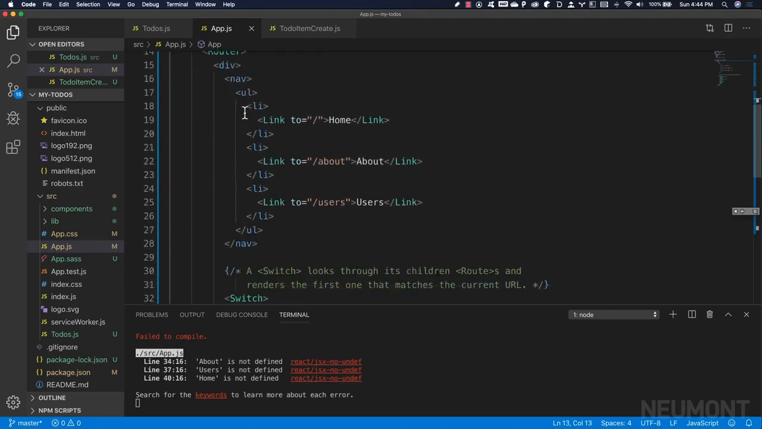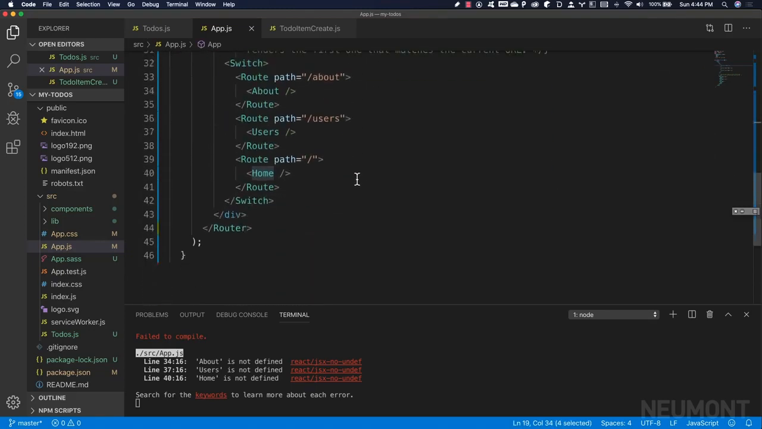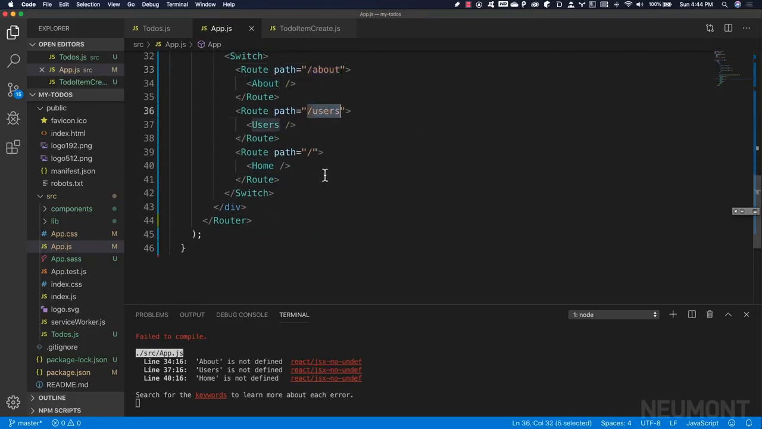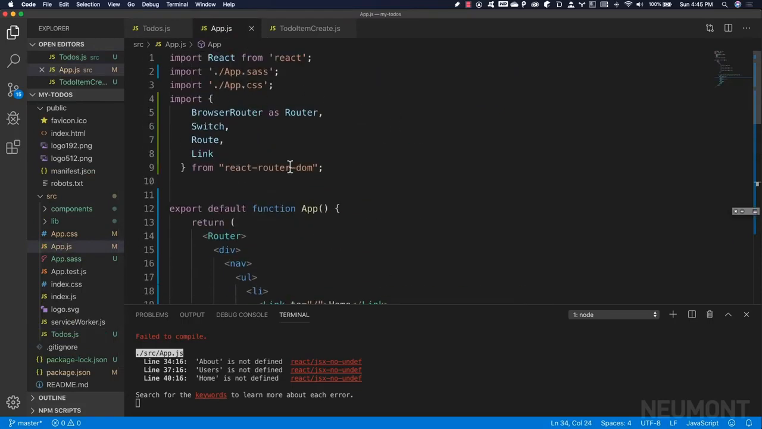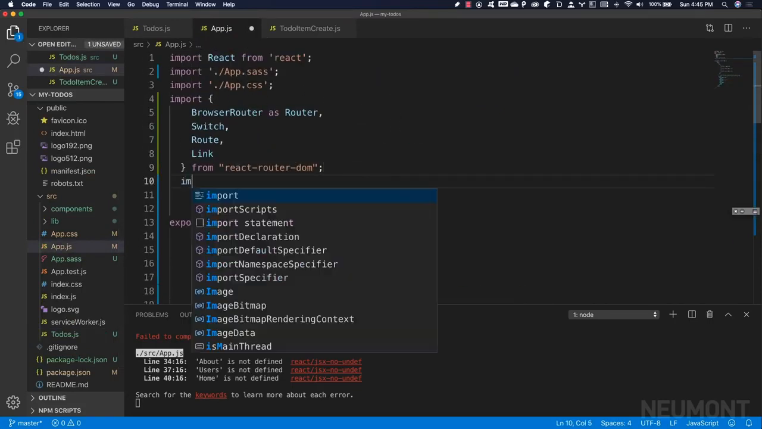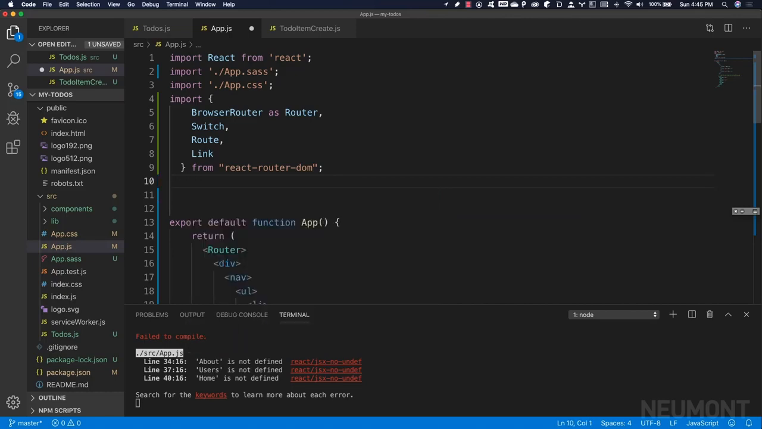Right, now we're getting errors because we're trying to use a home and about and a user's path. And what's happening right here is the router is expecting these particular components which don't exist right now. So we'll need to add those components. And instead of about, we're going to make this our to-dos component. So let's come back here and let's import our to-dos. So import to-dos from